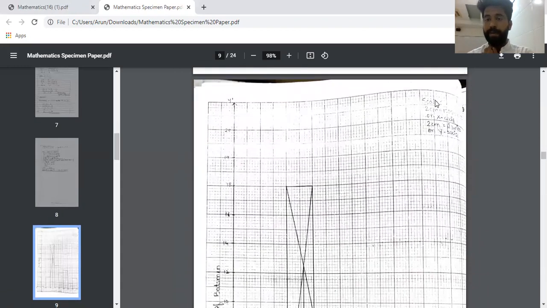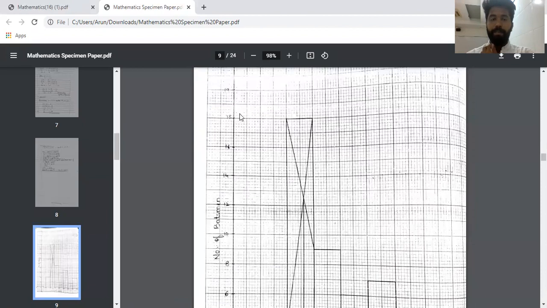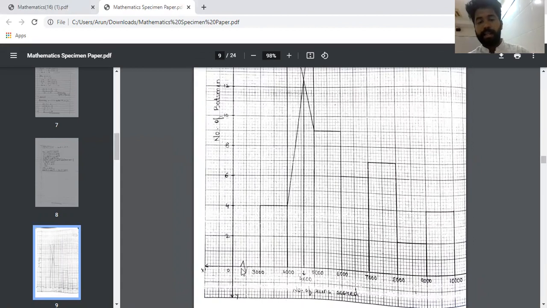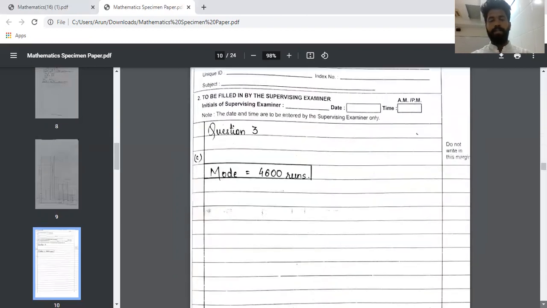In a graph, सबसे पहले they've written the scale properly. Whatever scale that they've written, they've used that very scale to mark the points out here, and then whatever the y-axis is indicating वो लिखा है, whatever the x-axis is indicating वो लिखा है. Then क्रिंक मार्क अगर है तो क्रिंक अच्छे से बनाया, they've drawn the bars neatly and then they've joined the corners of the highest bar with the adjacent corners of the two bars besides that, and then फिर इधर मोड कैलकुलेट किया, मोड की वैल्यू स्पेसिफाई की, and then properly यहाँ पे मोड का आंसर भी लिख दिया.